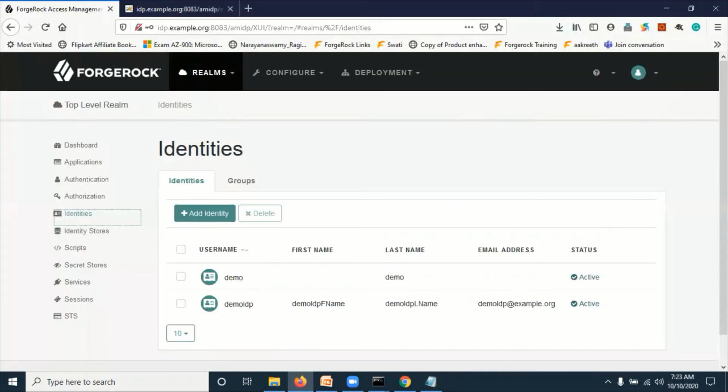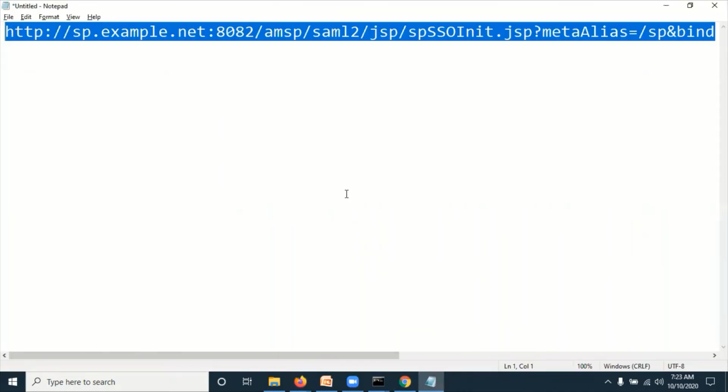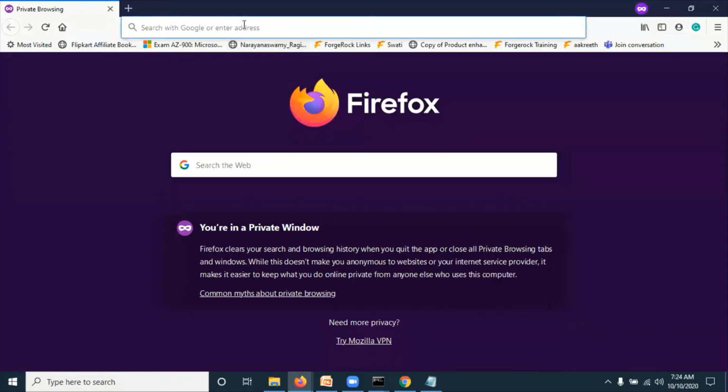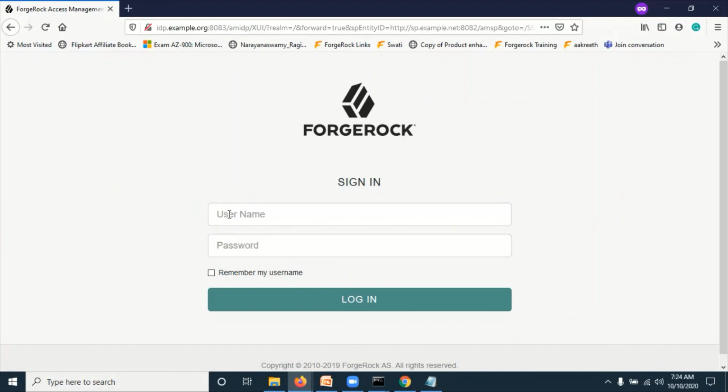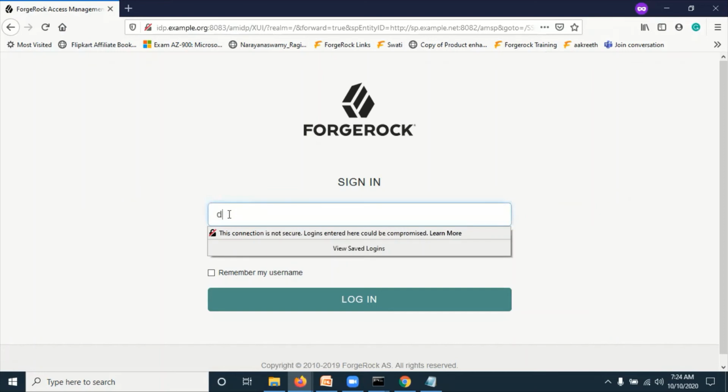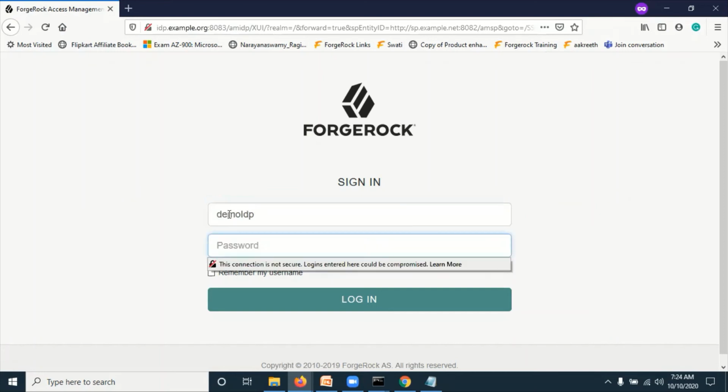Okay, now close this browser. Again, open a new private window, and copy and paste this URL. See what will happen. So we have started with SP initiated. SP is redirected to the IDP. What user do we have to enter here? IDP. Okay, demo IDP and admin 123 for the password.